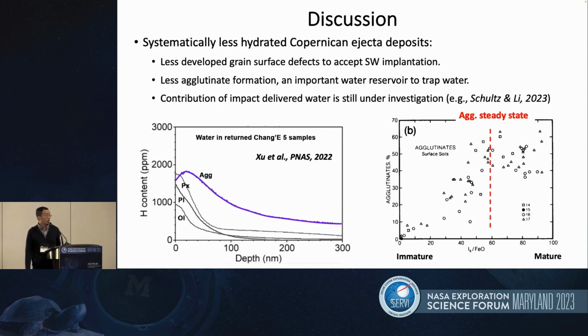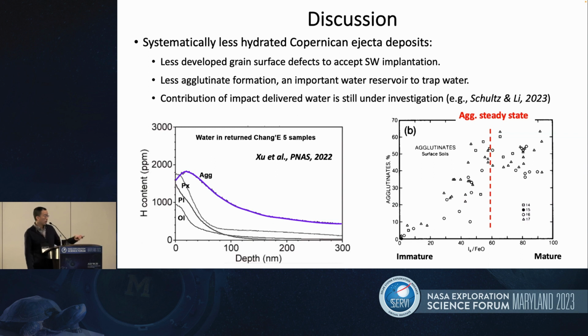So we have some interpretations for why we see less hydration for Copernican ejecta deposits. I think that could be due to less developed grain surface defects, which can affect the solar wind implantation efficiency. More importantly, we think it is because there is less agglutinate formation, because agglutinates could be the major reservoir to trap